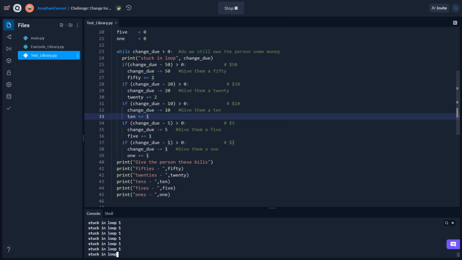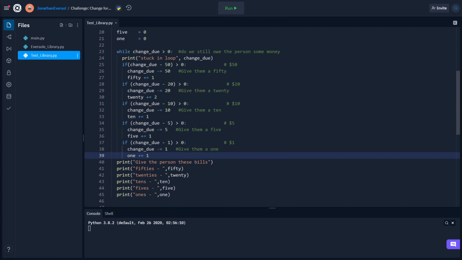5. Stuck in loop at $1. Okay, so we got a problem with our $1 here. So it's getting all the way to $1 and it's getting stuck. Why are we getting stuck at $1? Okay, well, let's think about it. If we owe them $1, if we take the change minus 1,